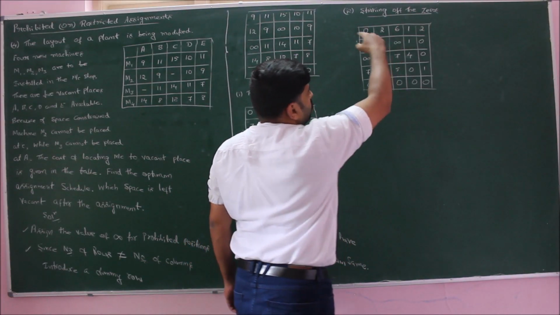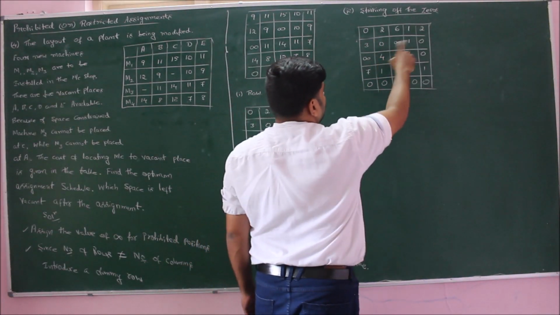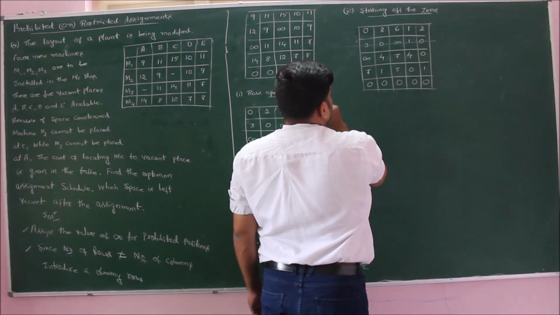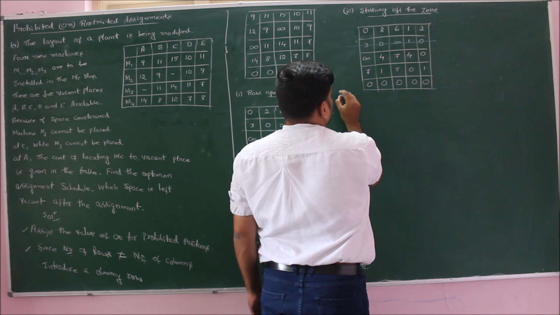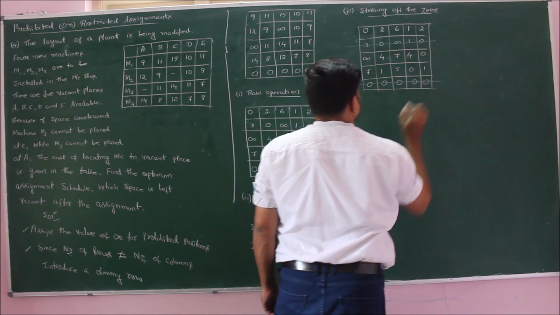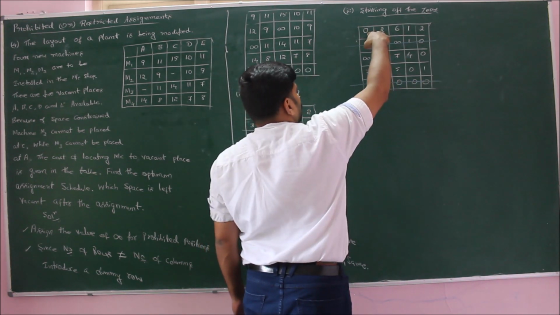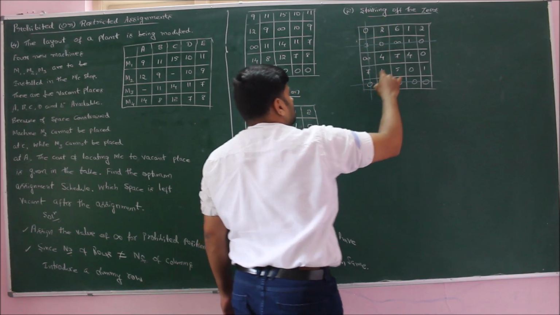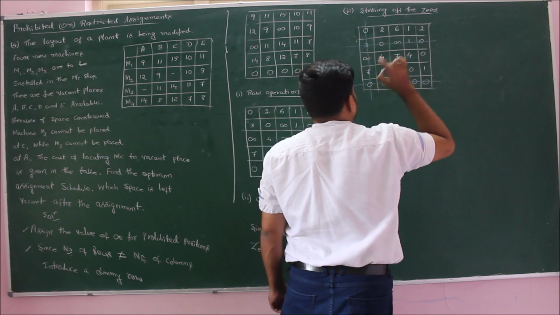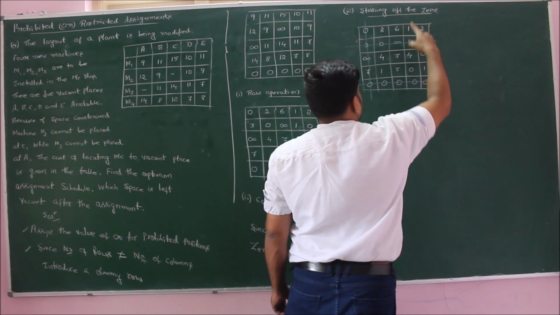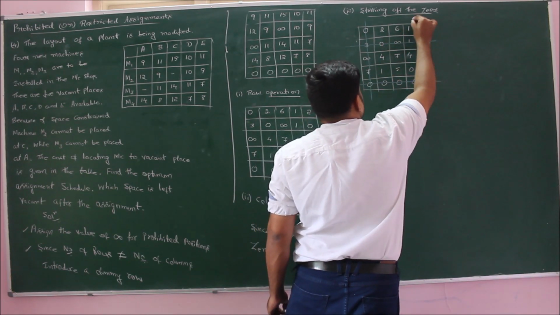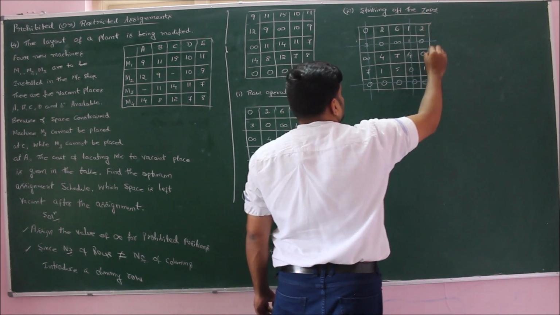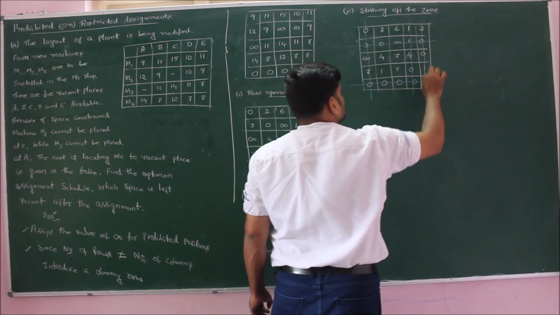Now row 1 we have only one zero, let us wait. Row 2 we have more than one zero, strike off. Row 3 we have only one zero, row 4 we have only one zero, whereas row 5 we have more zeros, strike off. Coming to the columns, we have only one zero, no other go, strike it off. Here no zeros are available, only one zero is available, so strike off, no other go. Here also one zero is available, strike off, no other go.